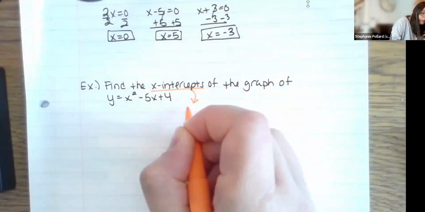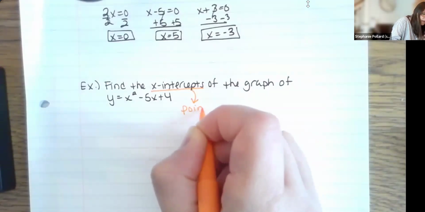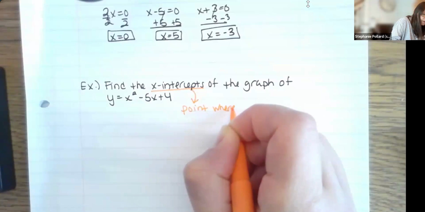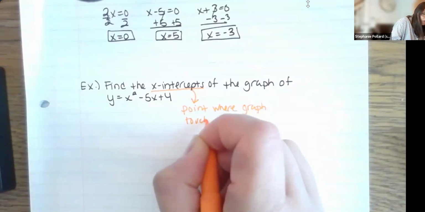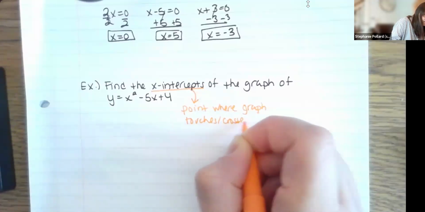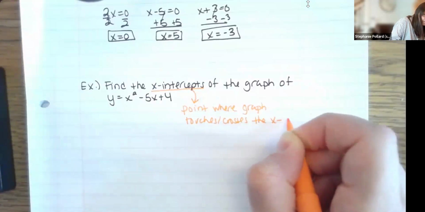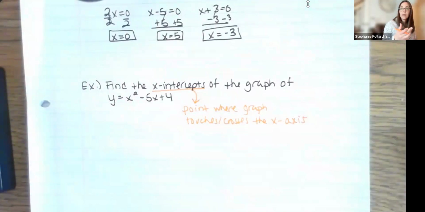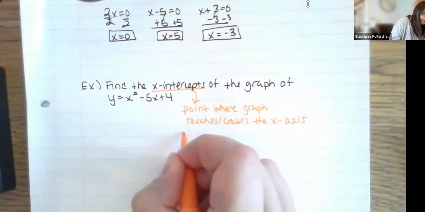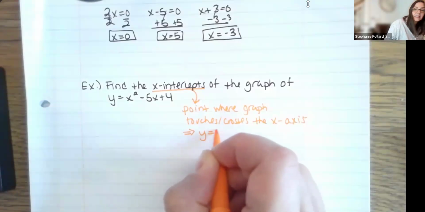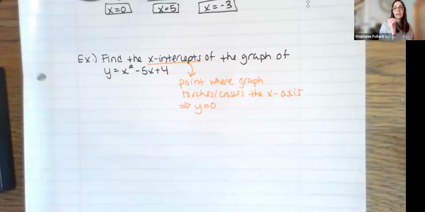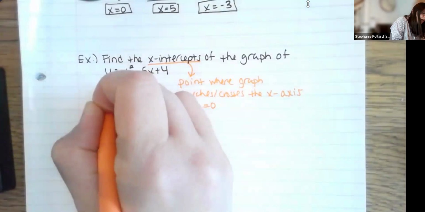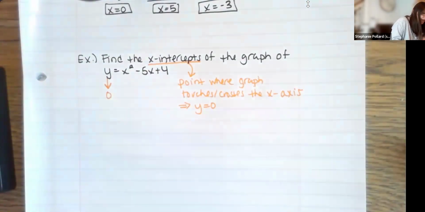That is the point where the graph touches or crosses the x-axis. And if you think about your x-axis, what that means is that the y value in that case is 0. So that is the big thing for our x-intercept, that the y value is 0. So I'm going to replace y with 0 in this problem,